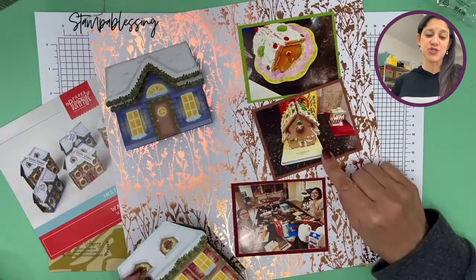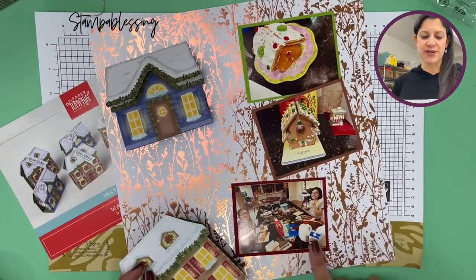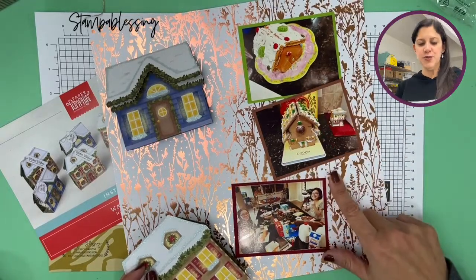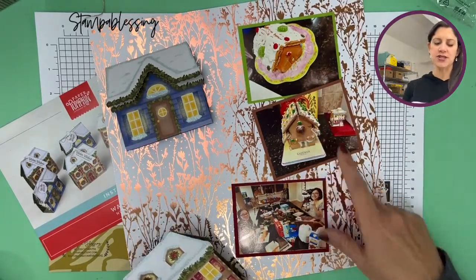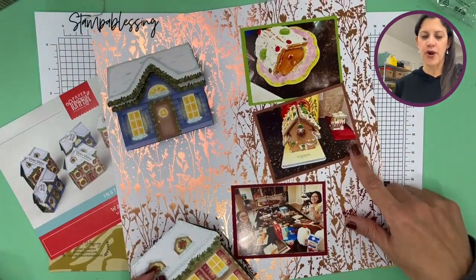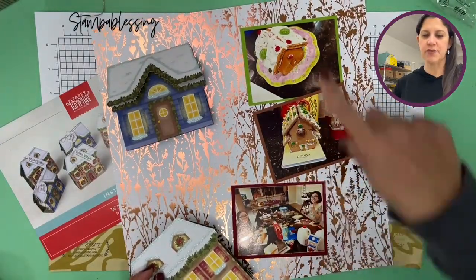So I went back to 2022 and I took a picture of them making them. One of them created the little ones. The other one made a huge one, which was with chocolate. She loves chocolate. So I already printed them at 3x4, and I put some paper behind the cherry cobbler,